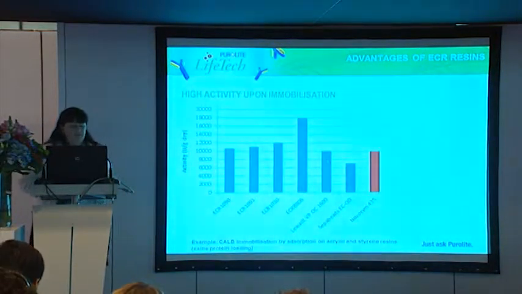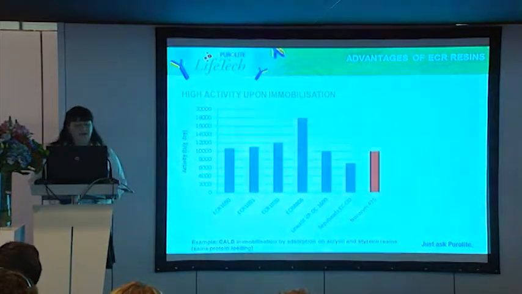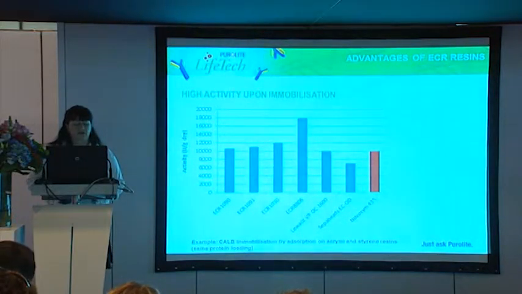You can see that compared to the Lewatit VP OC 1600, we have some carriers such as the 1090 and 1091, which are macroporous resins, where you get more activity than on the Lewatit resins. And we have the newly developed ECR 1030, which is a microporous